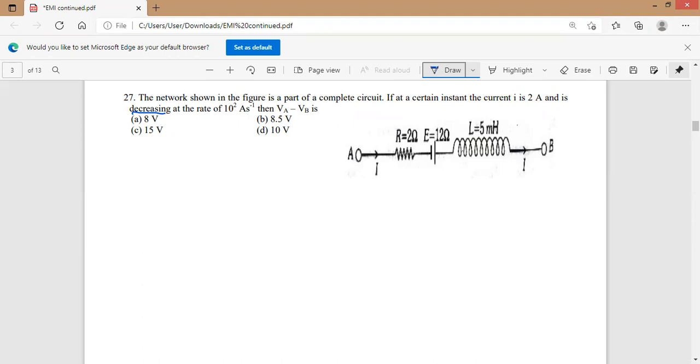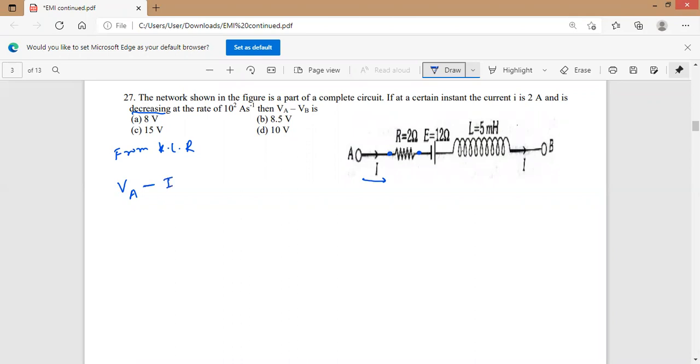To calculate the potential difference between A and B, we take the Kirchhoff loop rule. The potential at A is VA. Next, we are moving in this direction, as a result, the current flows across the resistor. Current always flows from higher potential to lower potential. Therefore, we are moving in the direction of decrease in potential across the resistor. Decrease in potential is a minus.